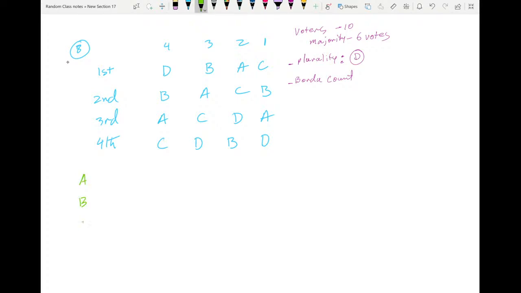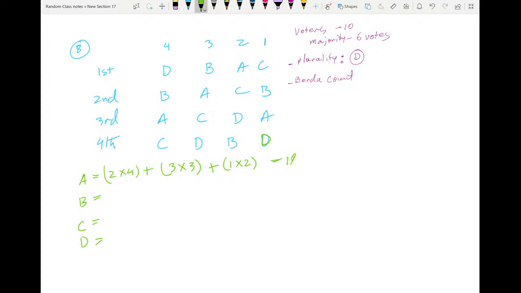A, B, C, D. So A got 2 first place votes times 4, plus A got 3 second place votes, plus A got 1 third place vote. Let me use the calculator. 2 times 4 plus 3 times 3 plus